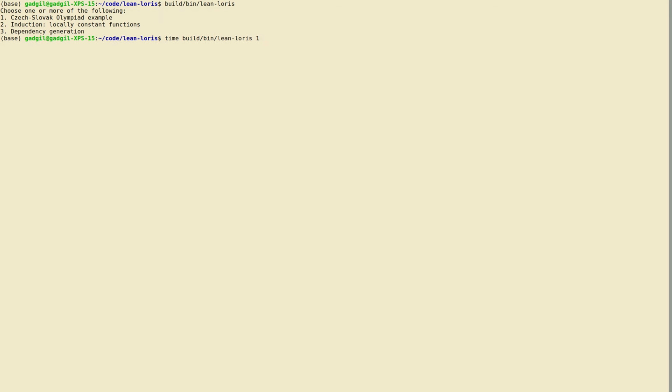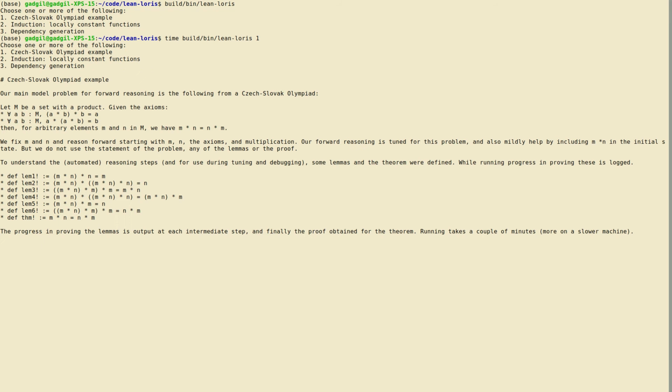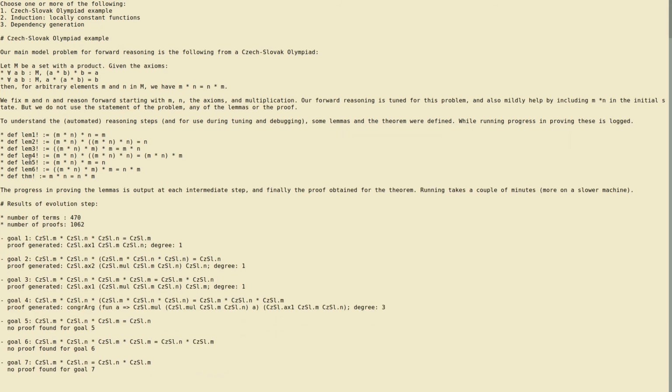If you run it like this with the first Olympiad, this is a purely forward reasoning problem. That is to say, we start with premises, and while we will log what happens in terms of progress and goals, it is at no stage being used. Okay, so as you run it, it will tell you the problem. You can read the problem, and it went through the first step as well. So it's M is a set with a product, and there are a couple of axioms. It's somewhat similar to the standard algebra problem that if your group has every element of order 2, then the elements commute, and indeed the conclusion here is commutation.